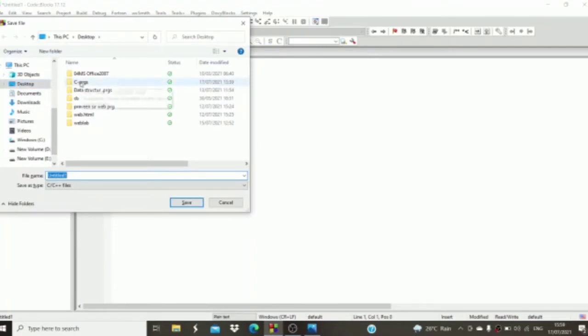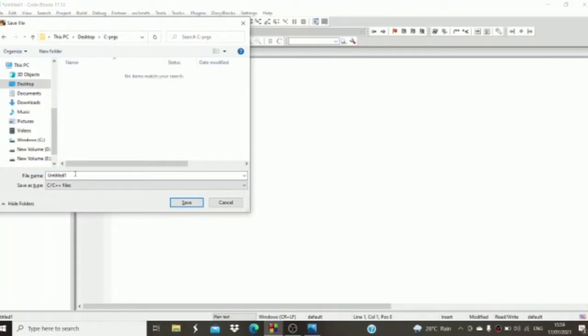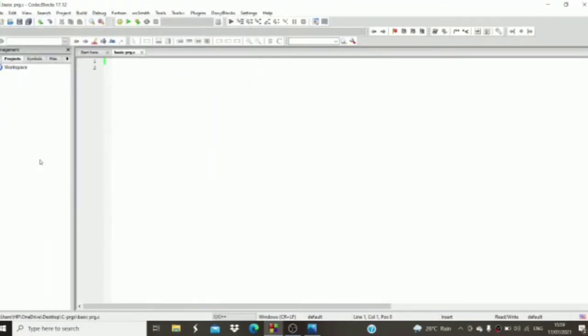I had created a new folder for C programs. In that I will save it as basic program. So let's start today's simple program.